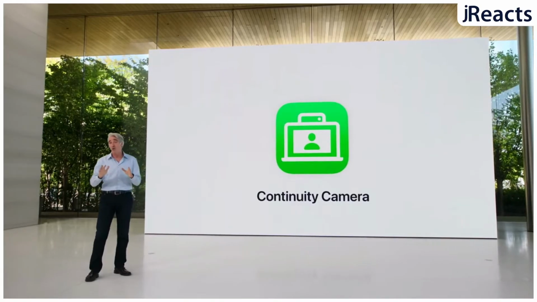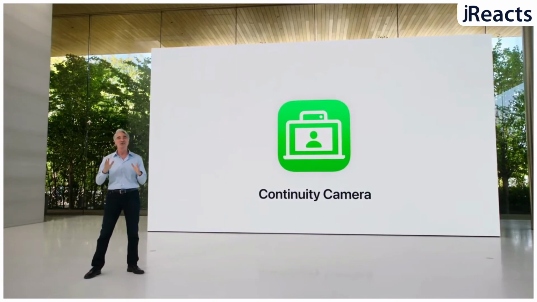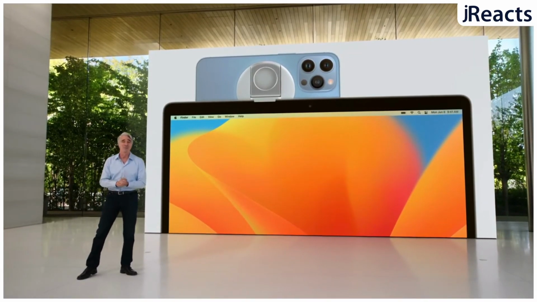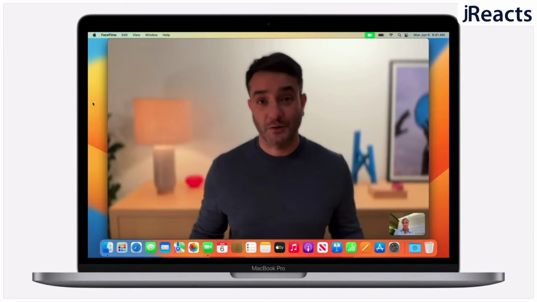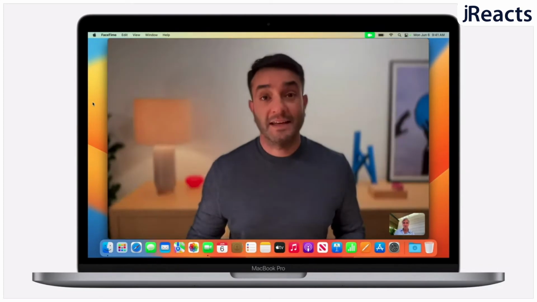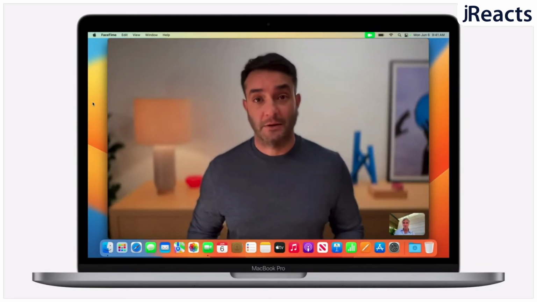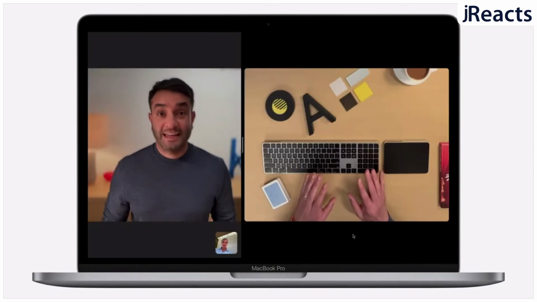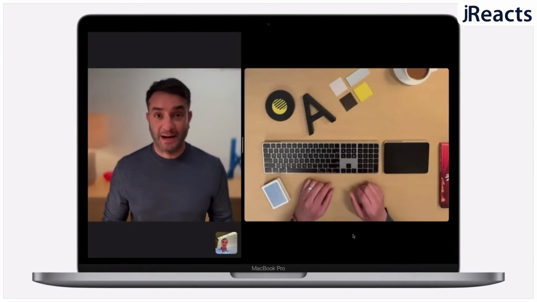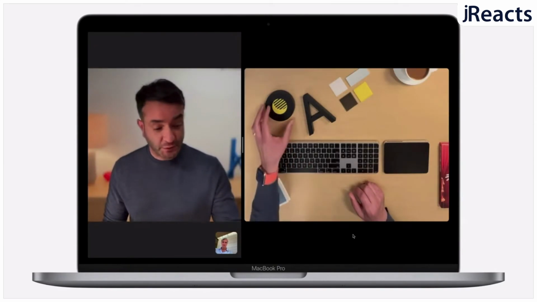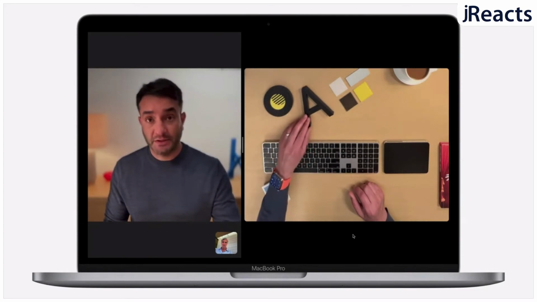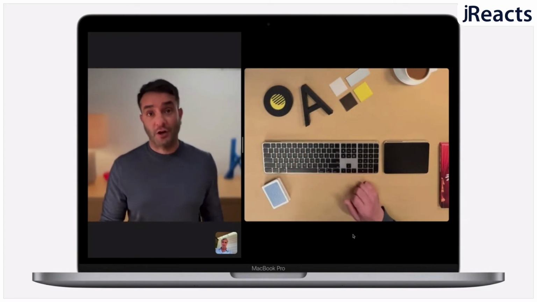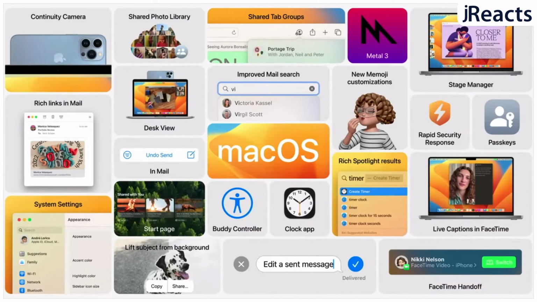And then we got a new thing with Continuity Camera. You can actually use your iPhone now as a webcam. And it had a really cool demo where you can actually turn on like a key light, almost like a ring light, to light up the background. And also, because of the wide angle lens, you can actually have a shot of also your desktop, the actual desk, while you have the face cam going on. It's incredible. I was amazed with it, and all the other features that they have with macOS.